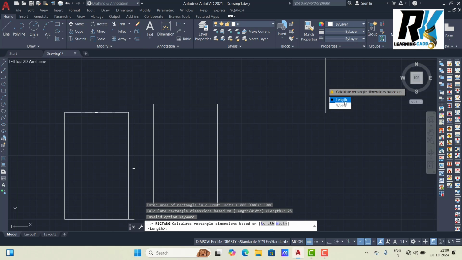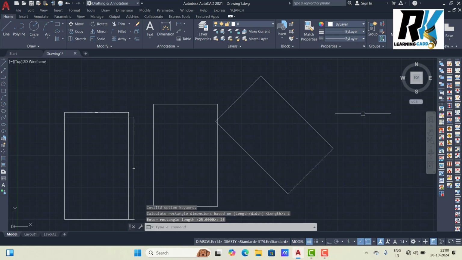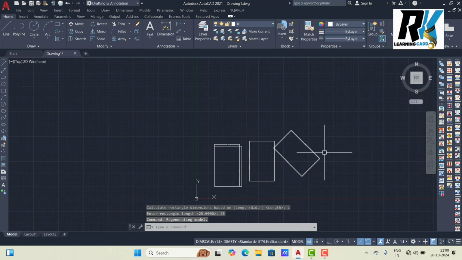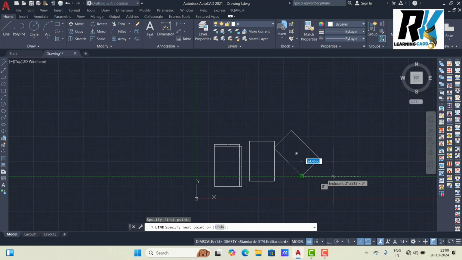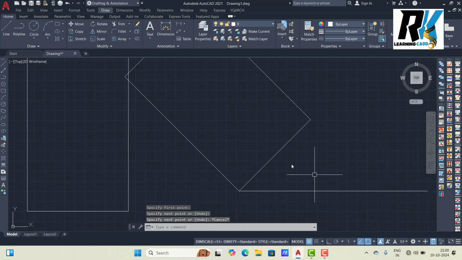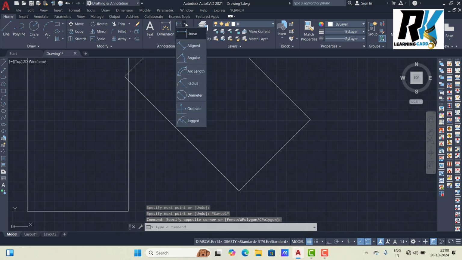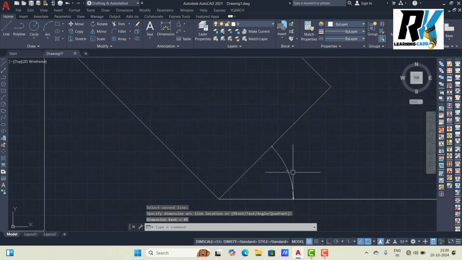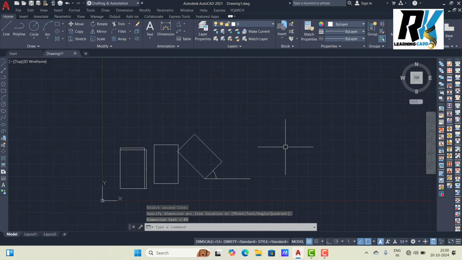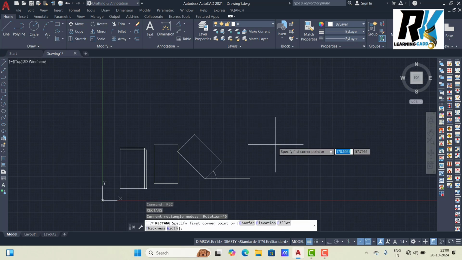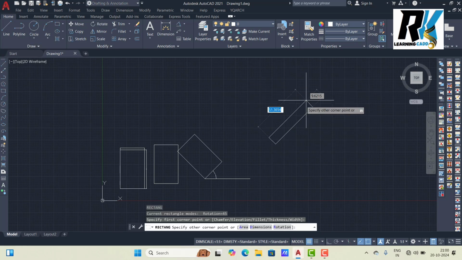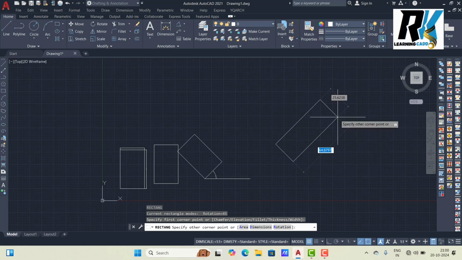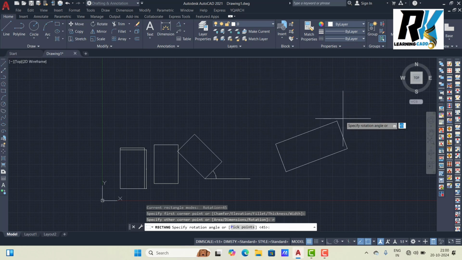See, this is 25 and this angle is 45 degrees. Check here with angular dimension, select this one. If you choose rotation one time, then whenever you make another rectangle, it comes at 45 degrees. Again if you want it normal, type R enter and type rotation angle 0.